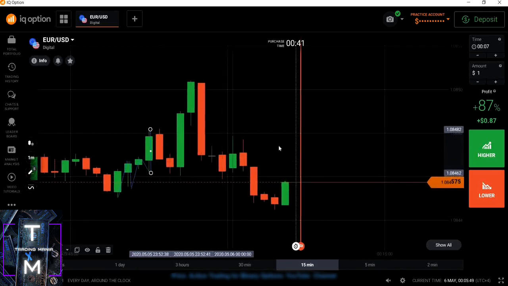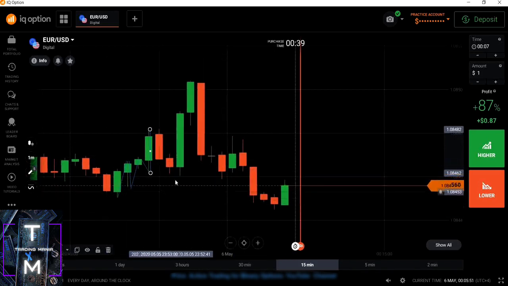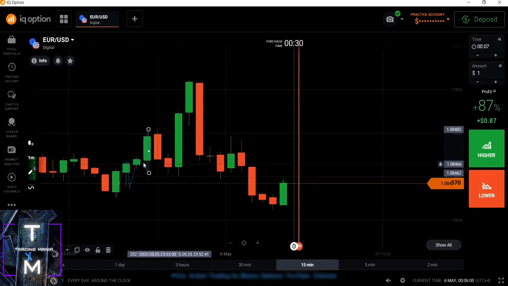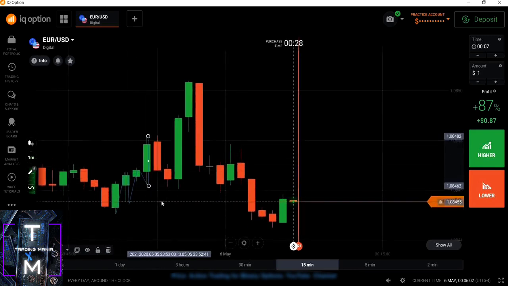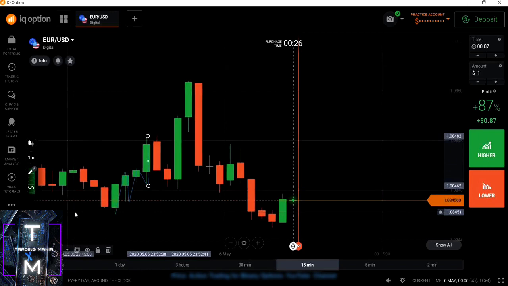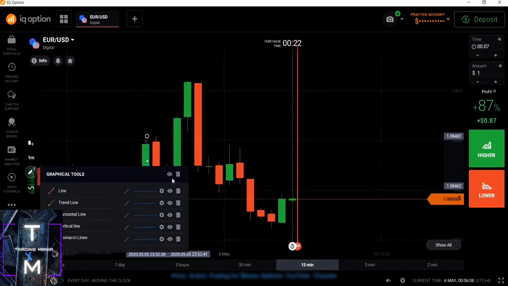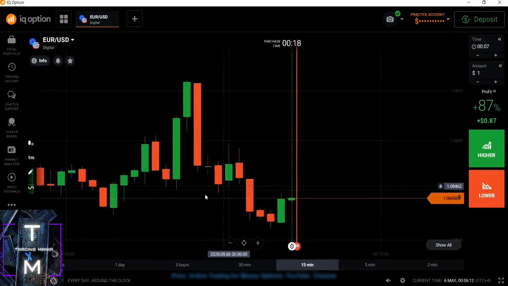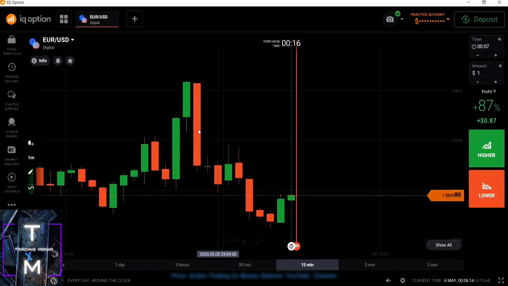First start doing like this, and then you start, no prediction, sorry, then you start differentiating stronger candles from the weaker candles. Now strong candles and weaker candles are totally two different things. You cannot say a big candle is always a strong candle or a small candle is always a weak candle. At this area, if you see,